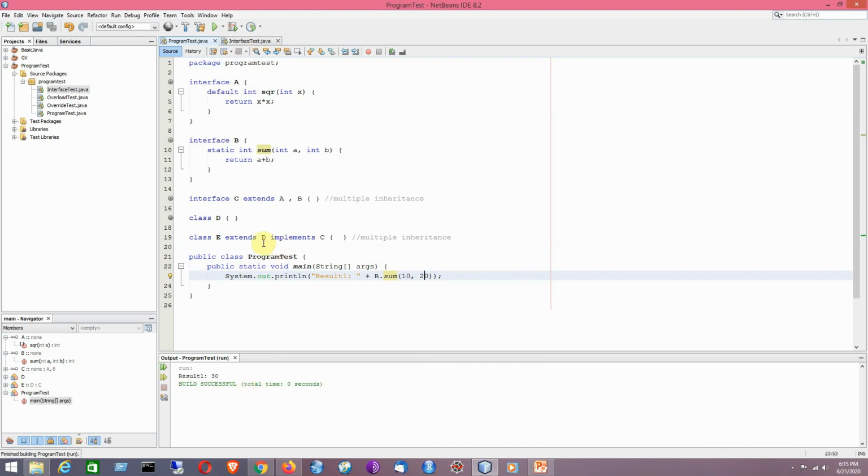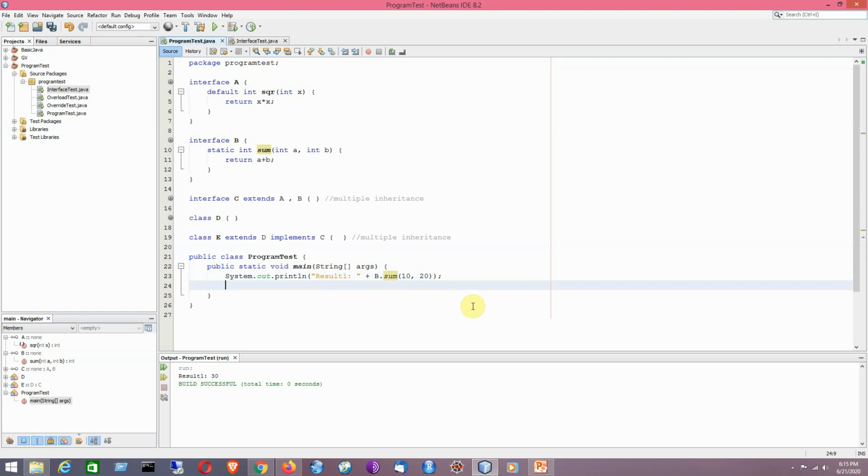Now suppose I would like to call this method, that is a default method. So by using interface A, you cannot have access to this method because it is an interface, so it cannot have objects. So you need to create an object of its subclasses following the hierarchy.